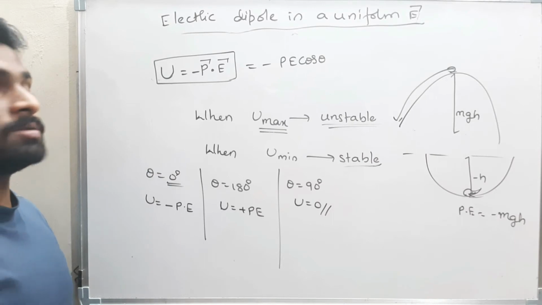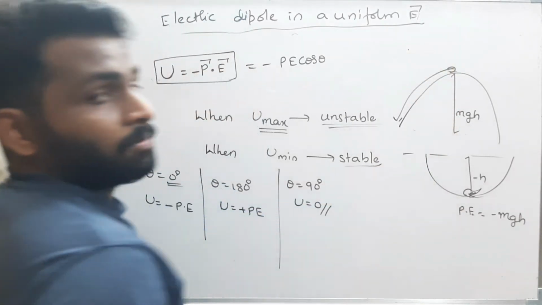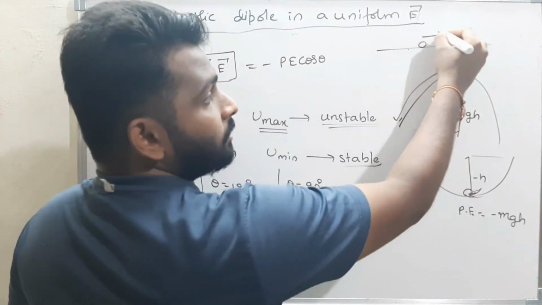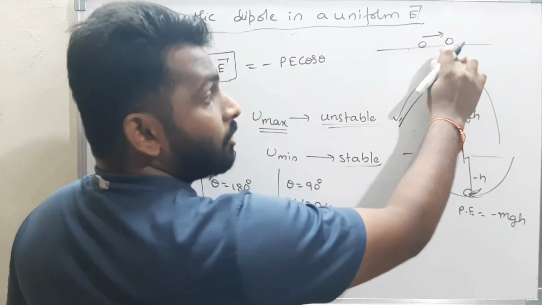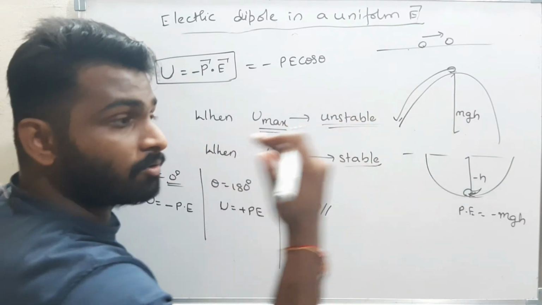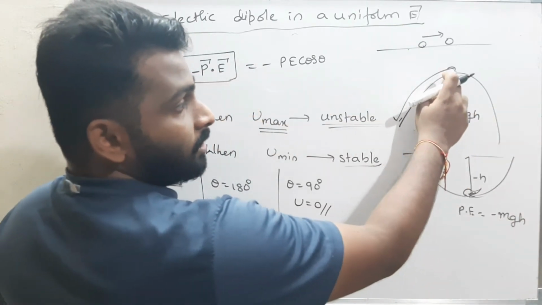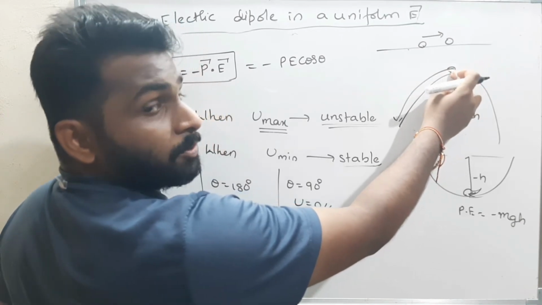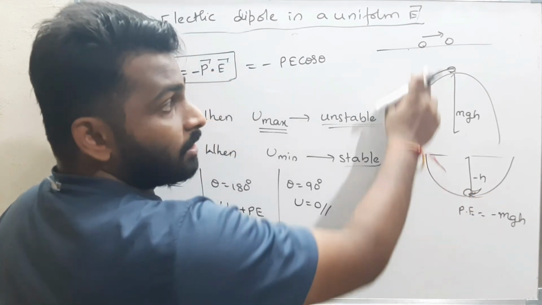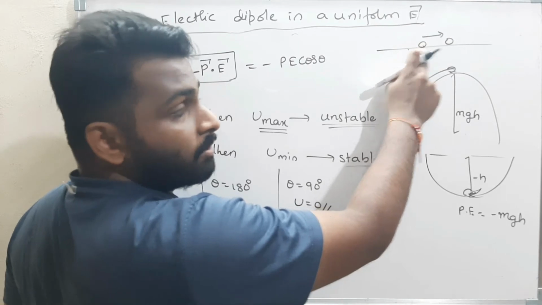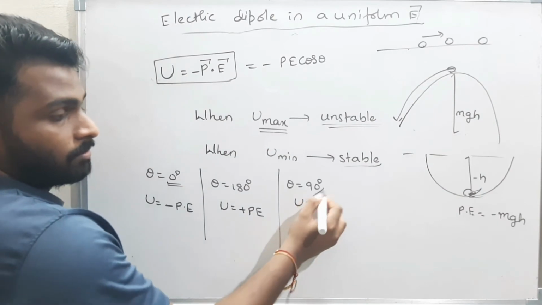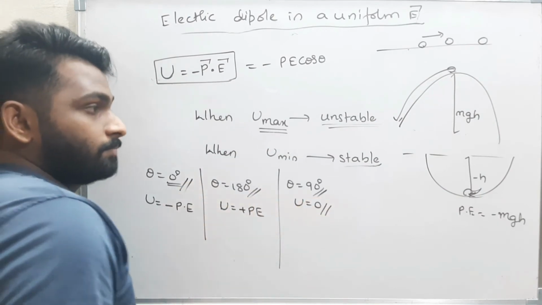Neutral. What is the meaning of neutral? That means here, this is the body and this is neutral equilibrium. When I move it a little bit, the body will stay there itself. Wherever I leave the body, it will stay there itself. The body won't move this side, the body won't move that side. But in this case, if I move a little bit, the body won't come back to its position, it will fall down. Here, if I move the body a little bit, the body will come back to the position. But here, wherever I leave the body, it will be there itself. Therefore, it is neutral equilibrium. Therefore, these are the conditions.